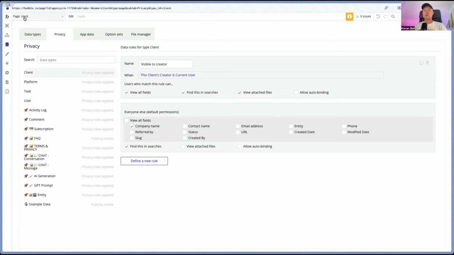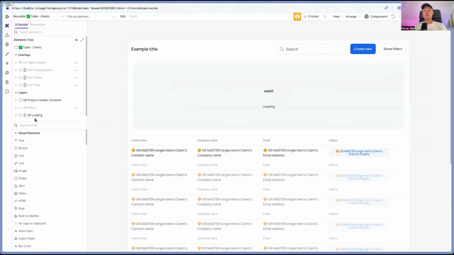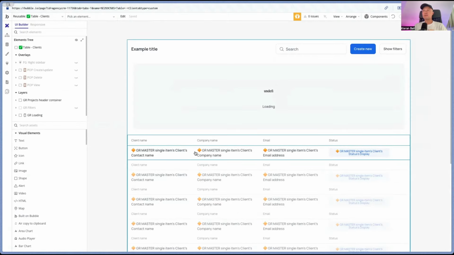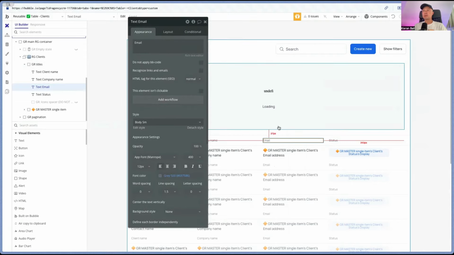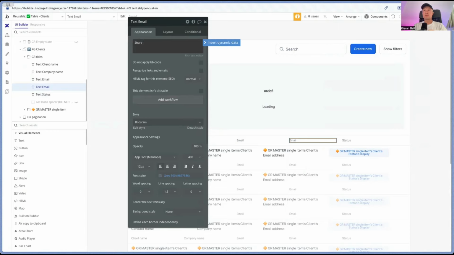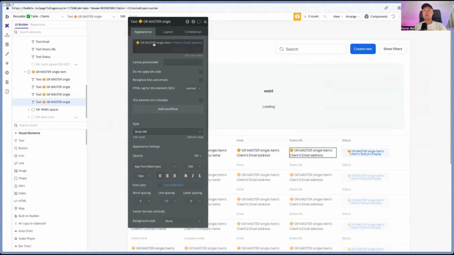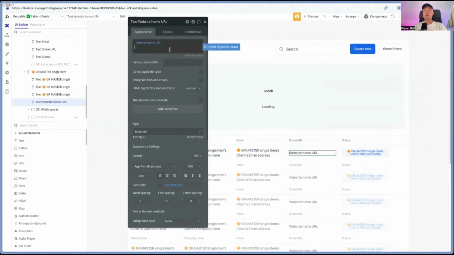And then we want to make it so you can have a way of getting the URL for each of your clients. So here we can make a new column, share URL, and that is going to be website home URL, and then that comes with a slash at the end, slash client, slash